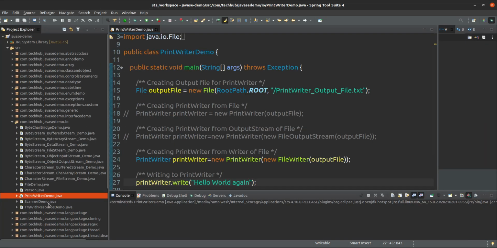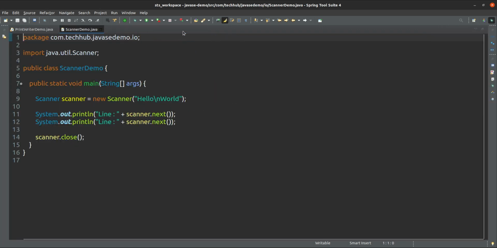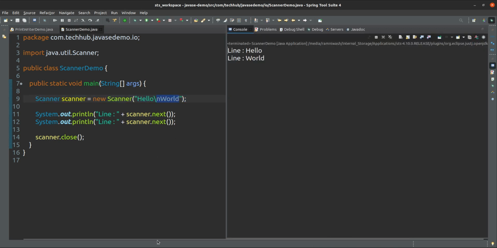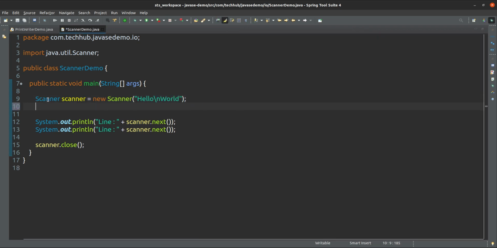That also you can use to take the input from the file. Suppose this is a scanner, we have created the scanner for hello world and we can write this. Yes, it's printing.